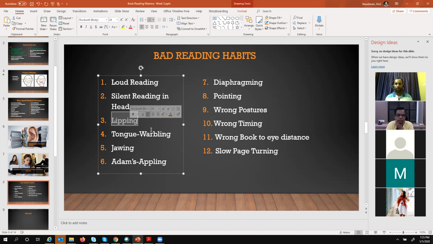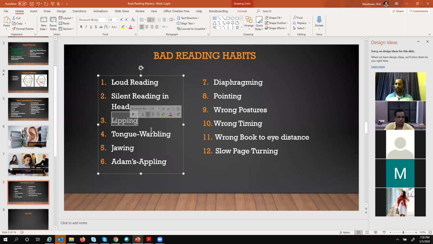Once you speed up, once you feel that you are very comfortable in reading much faster, our ideal goal is to read in a complete silent mode. Like when you are reading, ideally there should not be any other distraction. So reading is like a meditative state. You should be reading in a state like a meditative state, so that your focus will be at the most and you will be able to understand things very clearly. That should be our objective. So pointing devices, good to use in starting, but don't use it forever.